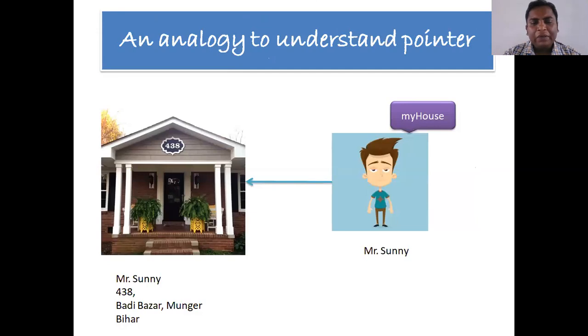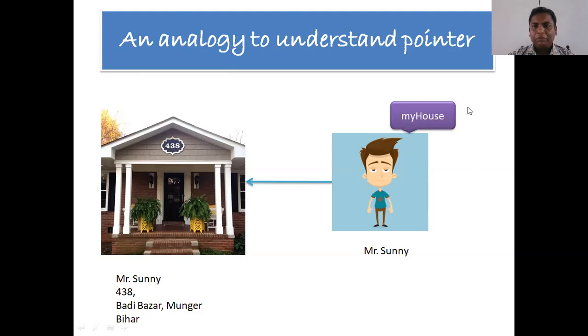Now let us try to understand a pointer variable using this analogy. As we all know, this is a house, and this house is going to have a certain address.